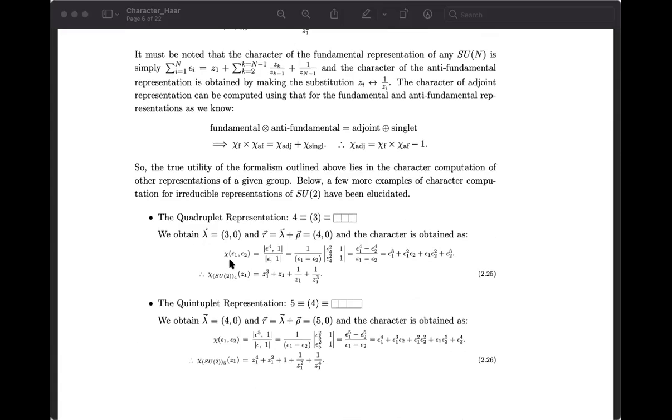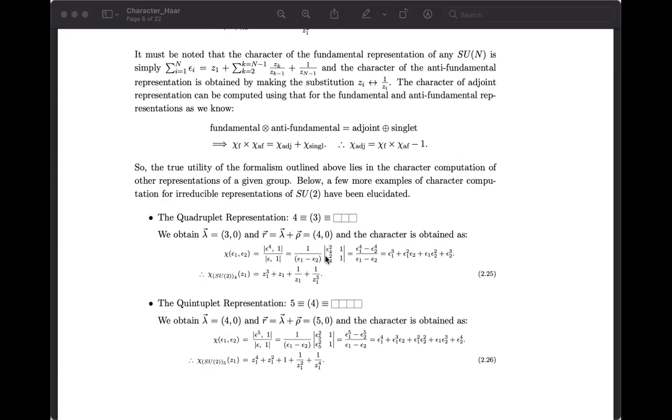Similarly, you can calculate this for the quadruple and quintuple representations. The only thing you have to know is the Dynkin level. For SU2, it's quite easy to calculate: you calculate the j value for the representation. For 2j plus 1 equal to 4, 2j is 4 minus 1, which is 3. Similarly, for 5, 2j is 5 minus 1, which is 4. So twice the angular momentum is your Dynkin level for SU2, and that's a nice way to remember this.